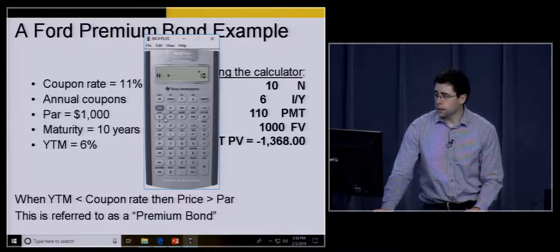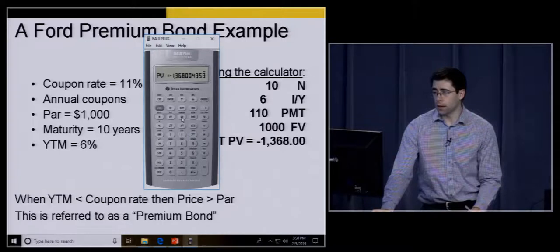So in this case, we can compute our present value, and that's going to be about $1,368 even. So remember, this is a negative, so it tells us that if we want to buy this stream of cash flows that we have, $110 coupon payments and then a final face value of $1,000, we're going to have to pay